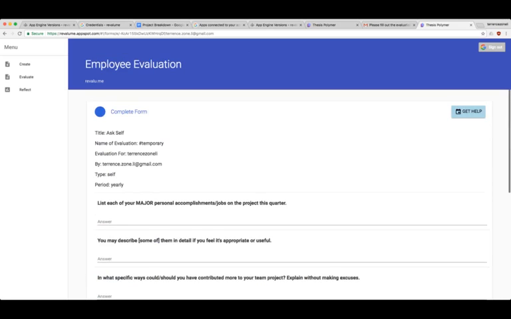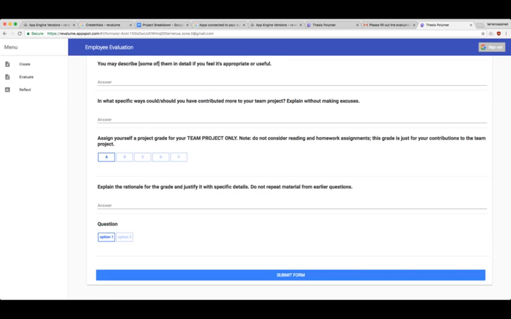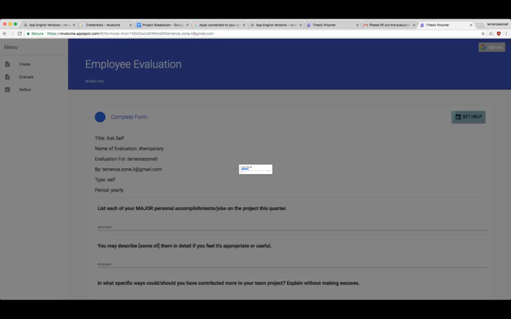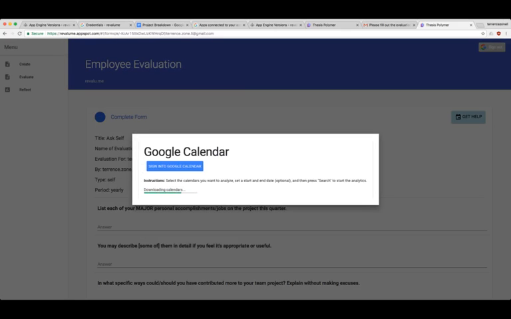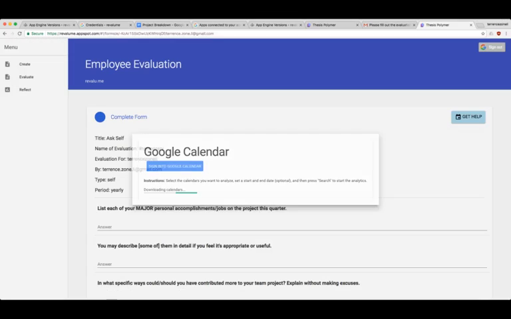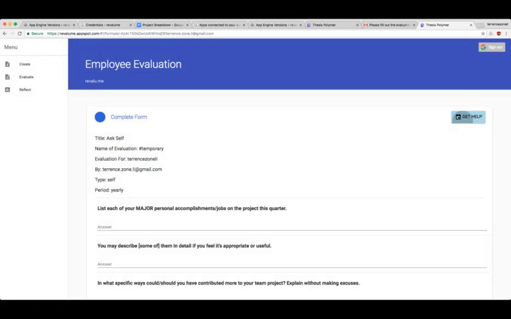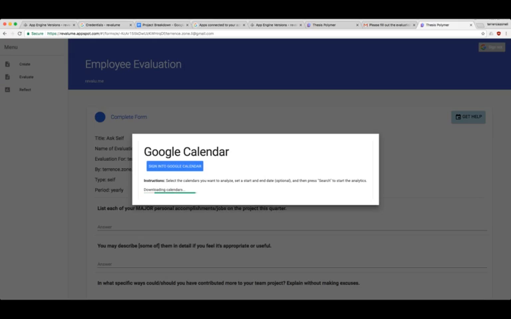But one of the options here that we can use is Google Calendar to help us with our evaluation process. When you click this tab right here, it'll open up this element. You then have to allow Google Calendar; it'll request permission. So when you log in initially, you don't have to authorize Google Calendar's API. But once you allow it,